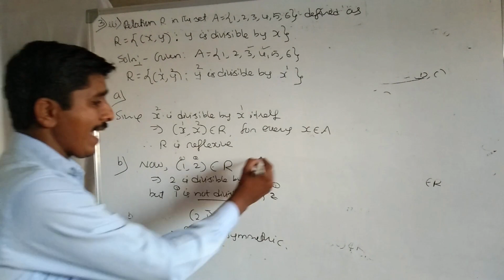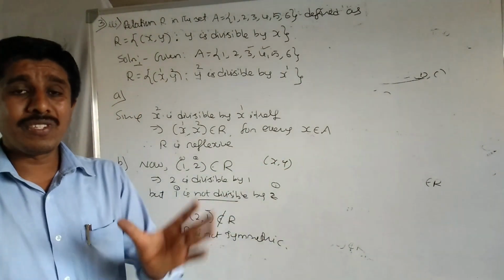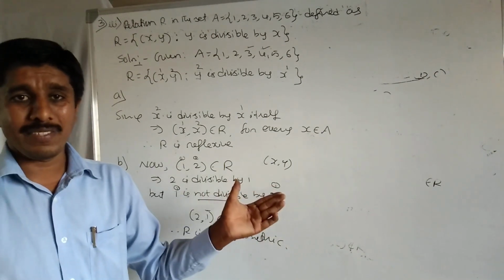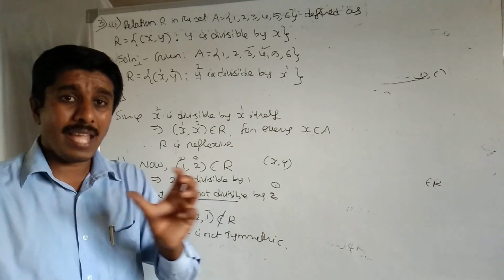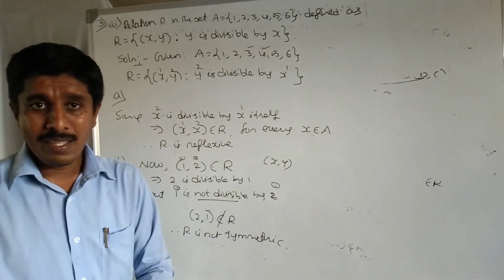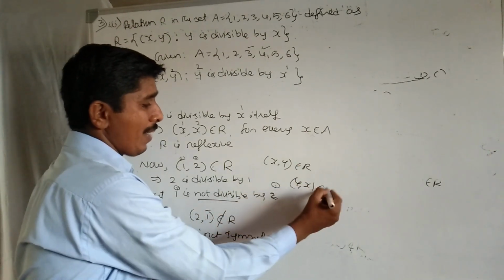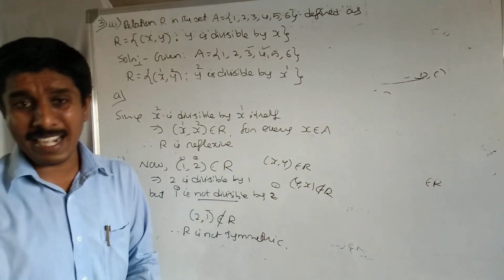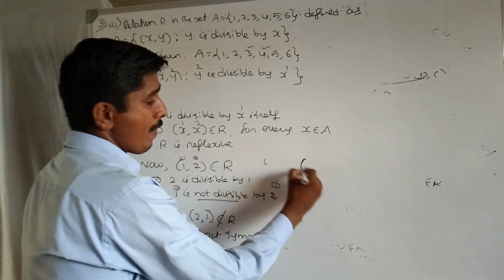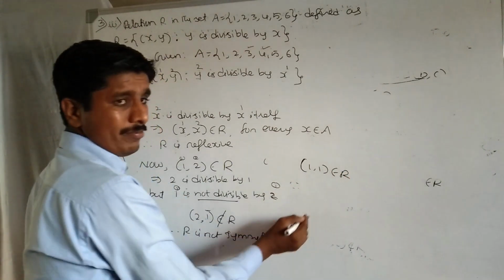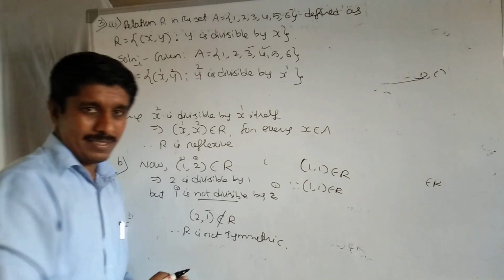Here, please don't take x, y, because in which case does this relation satisfy it? We have to show that particular example. We have to take and give an example. Simply, if you take (x, y) belongs to R but (y, x) doesn't belong to R, it is not symmetric. You cannot write it generally, because in some cases it may hold. For example (1, 1): (1, 1) belongs to the relation and (b, a) also; in this case it is symmetric.